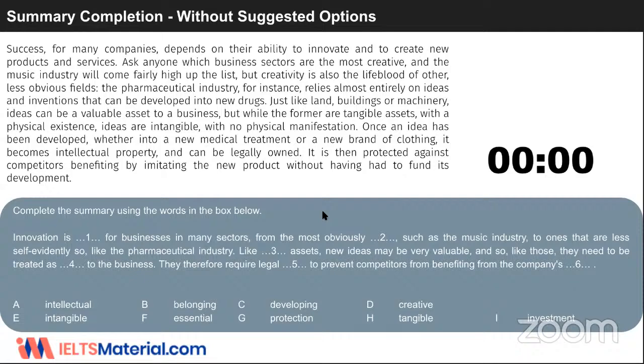And where is creating? Where is business sector? Priyanka, where is creating? Where is business sector? You have to take the answers from the options given below. The time is up. The time is up and you need to give the answers.